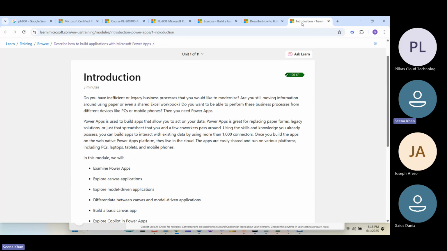Start with the introduction. Power Apps is used to build apps which allow you to act on your data. It is great for replacing paper forms, legacy solutions, or a spreadsheet that you and a few coworkers pass around. Once you build applications on the web-native Power Apps platform, they live in the cloud, so the apps are easily shared and run on various platforms, including your PCs, laptops,